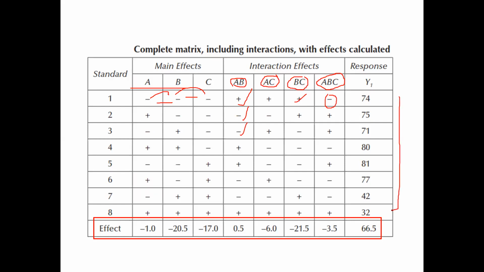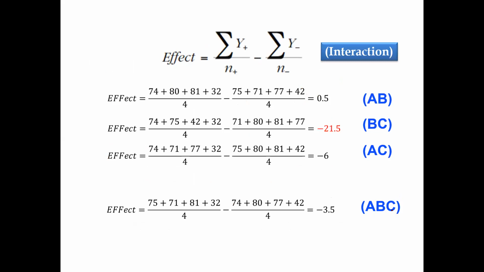Now for this also, they have calculated using the same formula the overall effect of AB interaction, BC interaction, AC interaction, and ABC interaction. And they came to the conclusion that out of the various interactions, the B and C interaction is more. As we've seen in the previous slides also, A, the brand, doesn't have any influence. But B and C individually have more influence, and when they interact with each other also, they have more influence on the taste, that is minus 21.6 times, followed by AB interaction, followed by AC interaction, and finally, but not the least, ABC interaction, the overall effect on taste is minus 3.5 times.